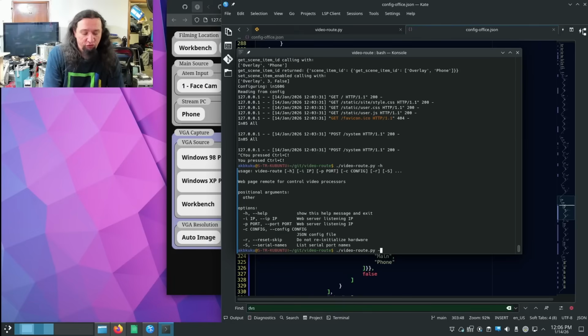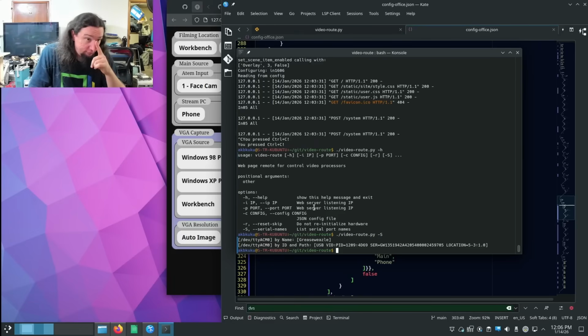This does have a really cool feature. If we do -S, you can see for the serial devices that are here, we have name as Greaseweasel, and then we have by ID and path, which is this whole ridiculous nonsense. If you have a serial device, like say the RetroTank 4K, or for me, I have to use my Extron Crosspoint RGB 300 over serial, and you have maybe the same serial device multiple times plugged in, like you ordered a bunch of the exact same one or something, you can use these values here instead of the dev TTY USB 0 or whatever as your way of